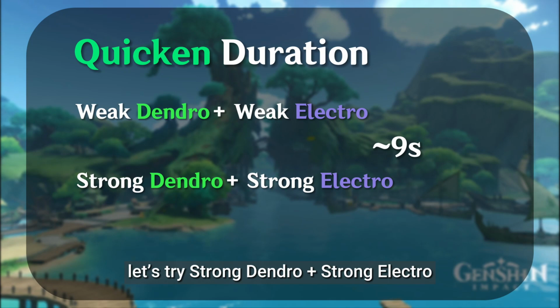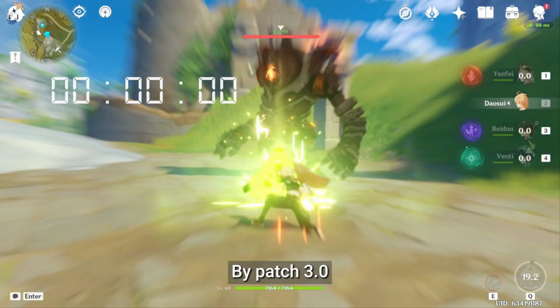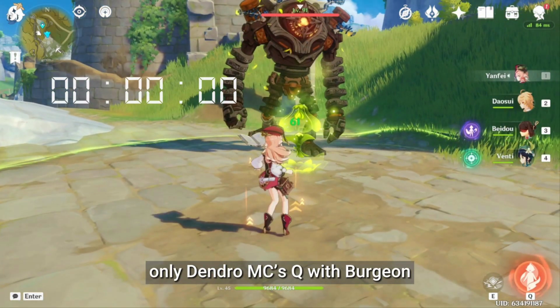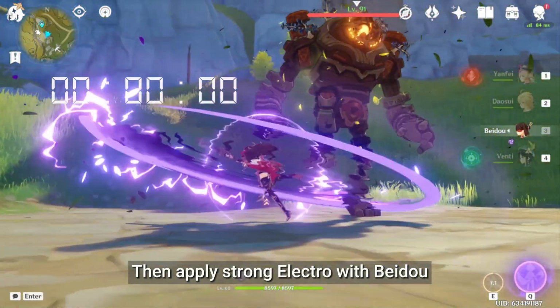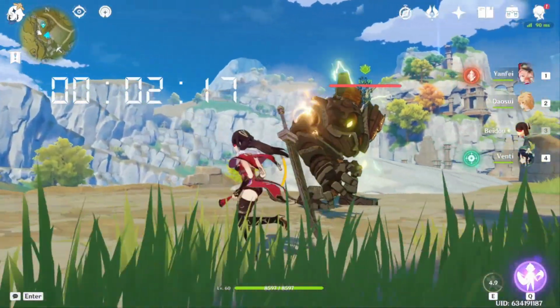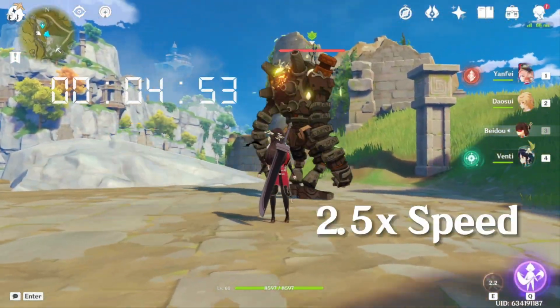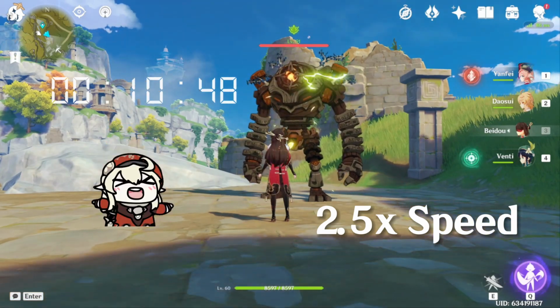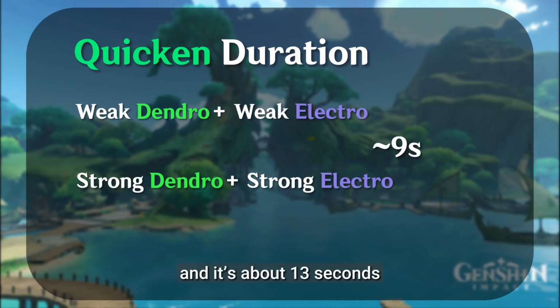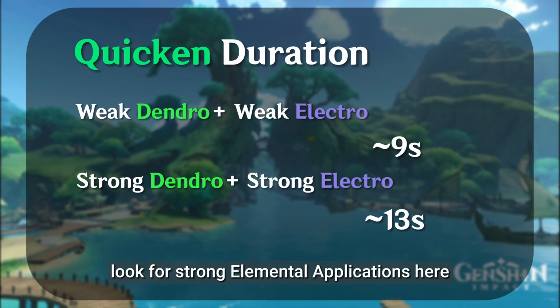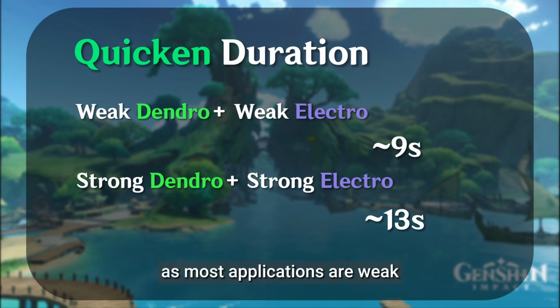Then, let's try strong Dendro plus strong Electro. By patch 3.0, only Dendro MC's Q with Burgeon can apply strong Dendro, so we're using it here. Then, apply strong Electro with Beidou. We can see this time the Quicken status lasts longer and is about 13 seconds. But in combat, we don't need to specifically look for strong elemental applications here, as most applications are weak. And from the next few parts of the video, you can see that it is very easy to proc Quicken